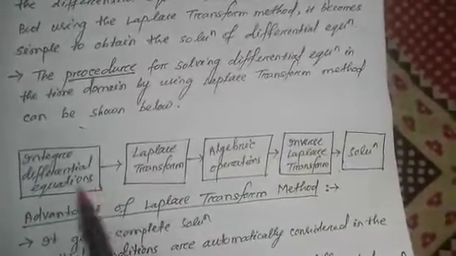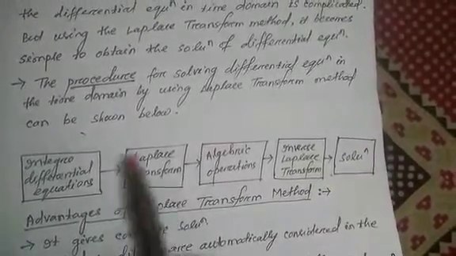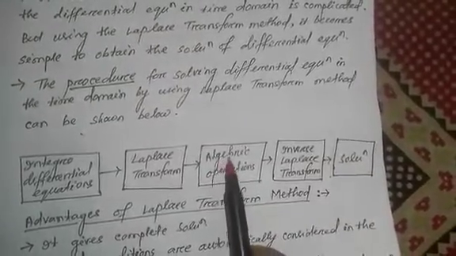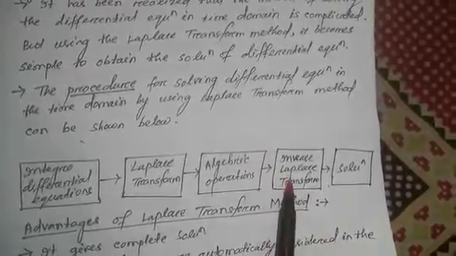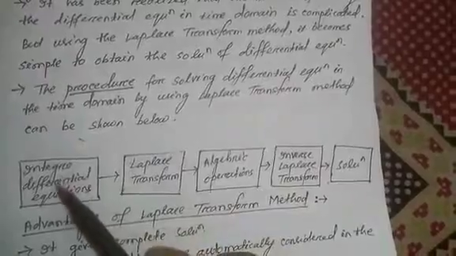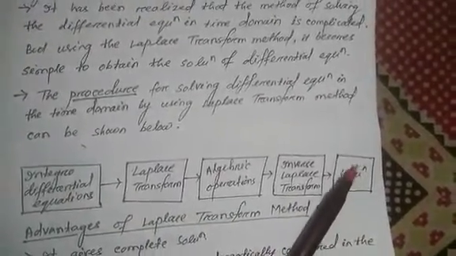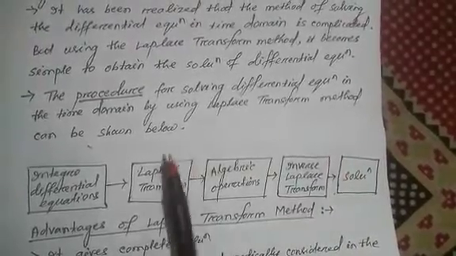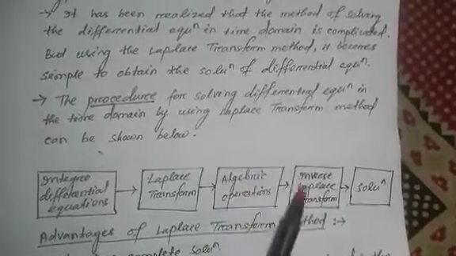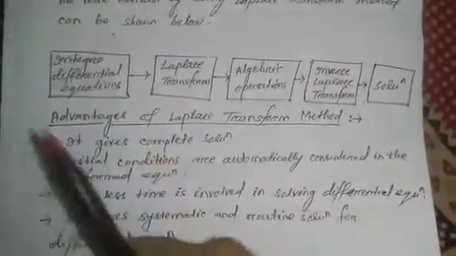Suppose first you write the integro-differential equation, then you take the Laplace transform, then it is easier to do algebraic operations, that is addition, subtraction, division, multiplication, then you calculate the inverse Laplace transform, then you get the final solution. If we solve directly in the time domain, from integro-differential equation to solution, it is too difficult. That's why we use one technique, the Laplace transform. First you take the Laplace transform, then your operation, then the inverse Laplace transform, then the solution. That is the procedure, or steps, involved in this chapter.